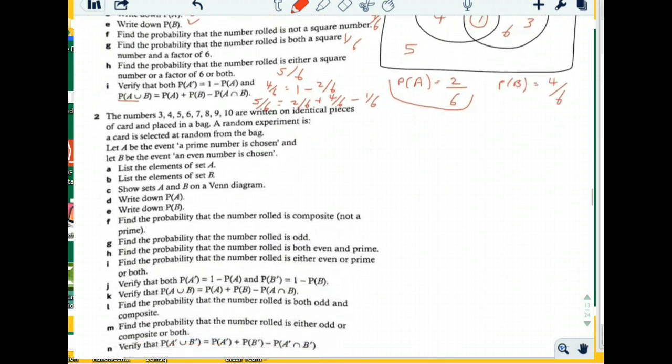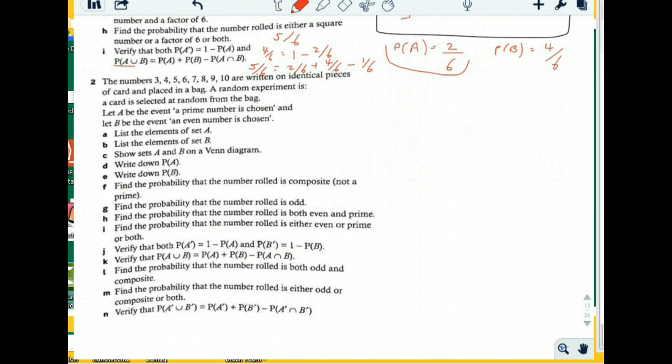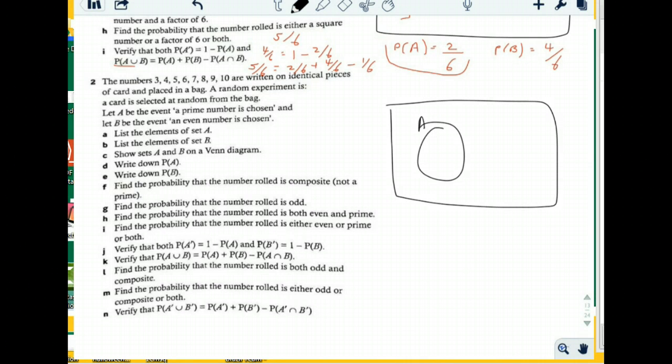Okay. Number 2. The numbers 3, 4, 5, 6, 7, 8, 9, 10 are written on identical pieces of card and placed in a bag. A random experiment is a card selected at random from the bag. Let A be the event that a prime number is chosen, and B be the event that an even number is chosen. Okay, so we're going to have A, a prime number is chosen, and B,